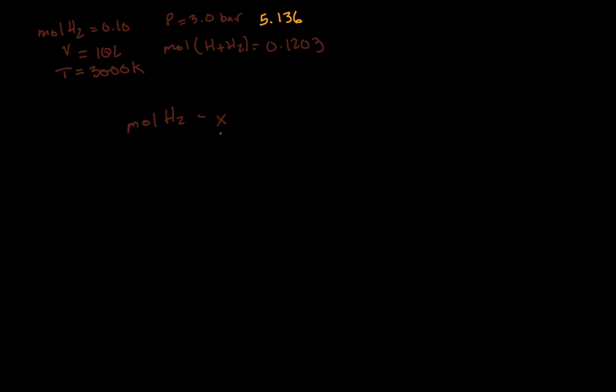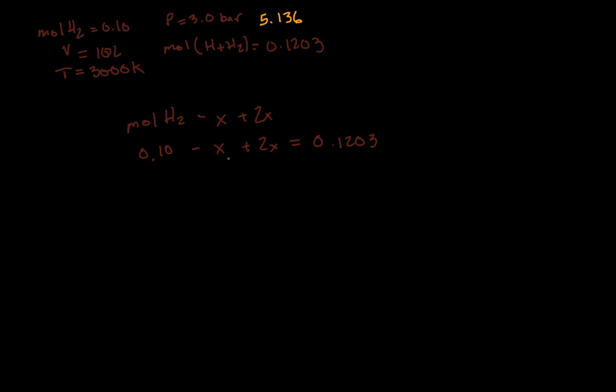So it's minus X plus 2X, so to speak. We can use this expression to solve for X. We write 0.10 moles of H2 minus X plus 2X, and this should give us the grand total of moles that we solved for here,